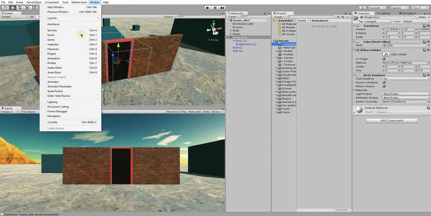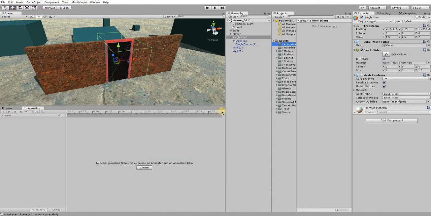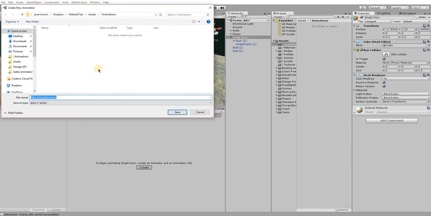So first of all, I need to go to Window and Animation. With animations folder selected, press create. So we'll always go to the animations folder, and then you want to say door closed idle,